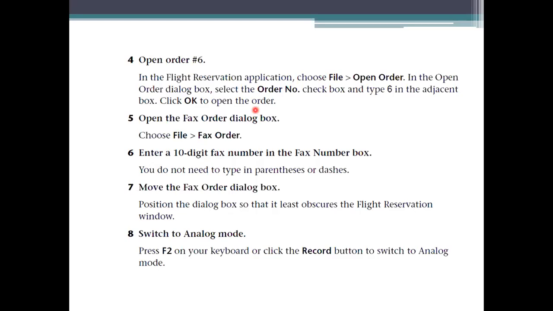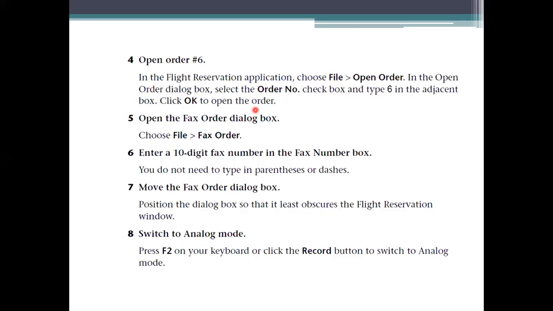And then, to make the reservation successful, we need to check whether the value present in that signature box has been verified or not. Then you have to switch our selection of processing from the context sensitive mode to analog mode. Up to now there is no need to record our application. Why? Because the earlier things have been checked and processed in the context sensitive mode in the previous example.